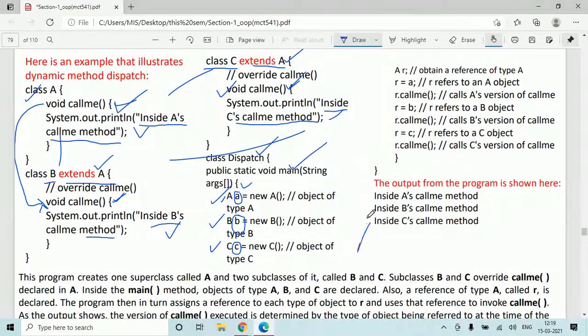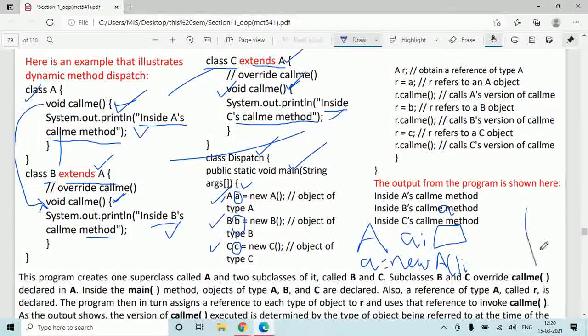Normally when I write A, it means I am creating a reference of class A, of type A. And when I write A a = new A, it means I am allocating space for an object of type A, and this reference points to this memory location.